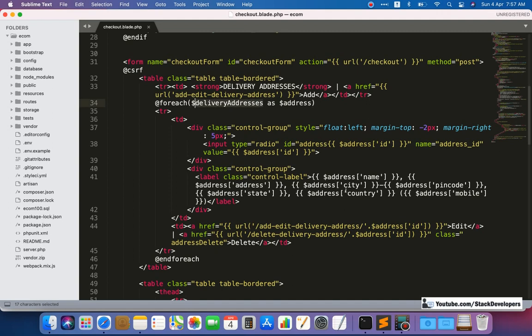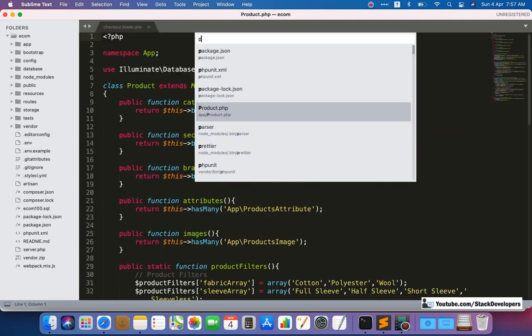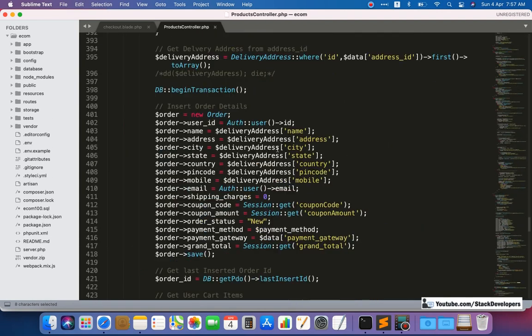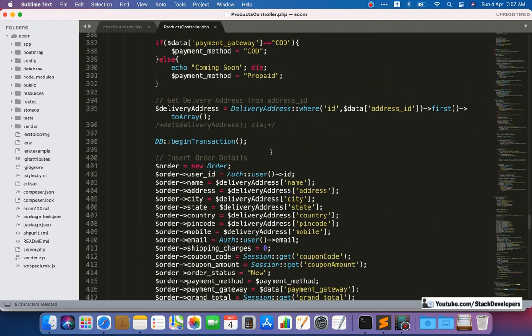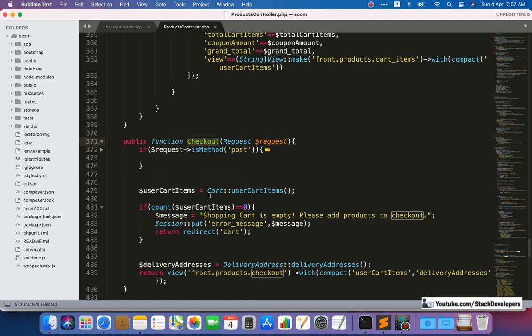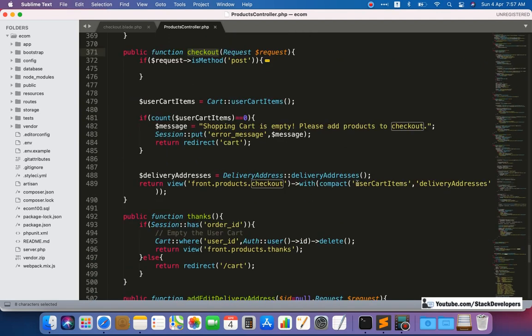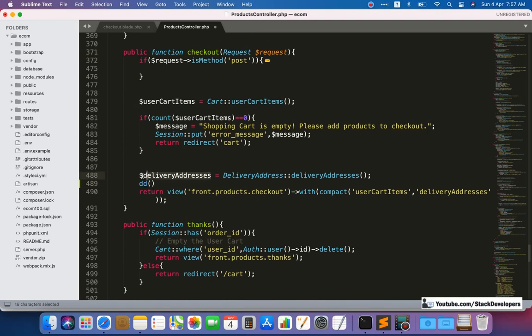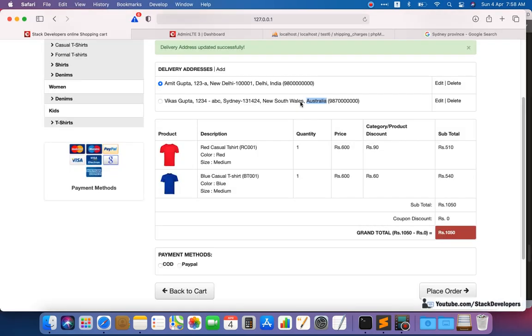You can see here the delivery addresses array, and in this array itself we try to bring the shipping charges as well. And here I'm going to open the Plex controller, and here checkout, and here delivery addresses. First this one I'm going to do it like this. First of all I'm going to check the delivery addresses array, what we are bringing here: two delivery addresses of the user, and both delivery addresses have different shipping charges. Like we know that India has 100 rupees and Australia has 500 rupees that we have set from the admin panel.